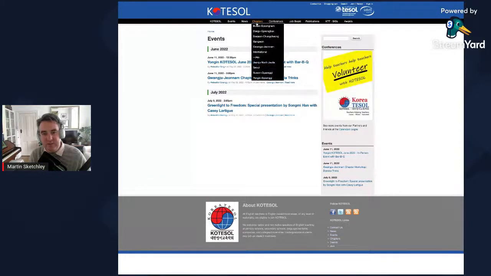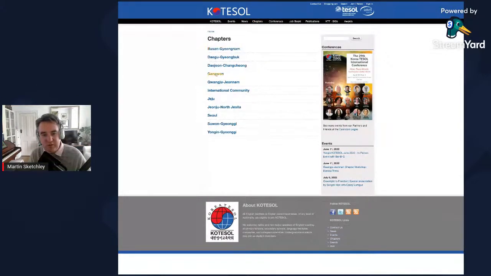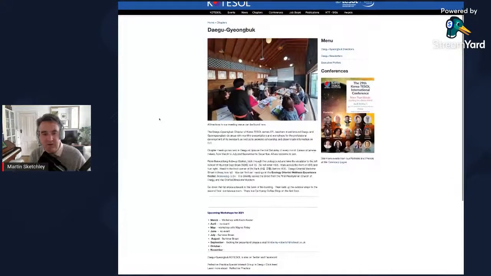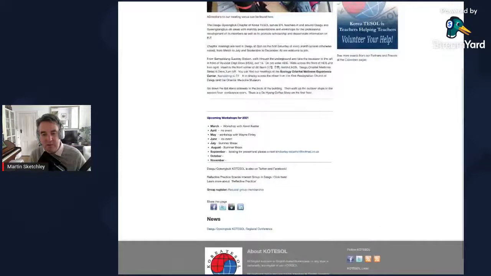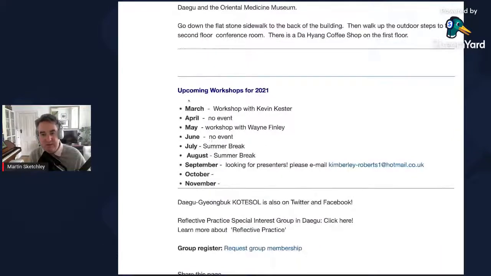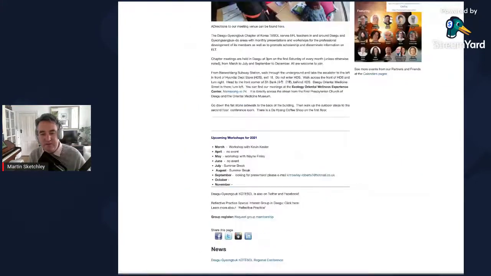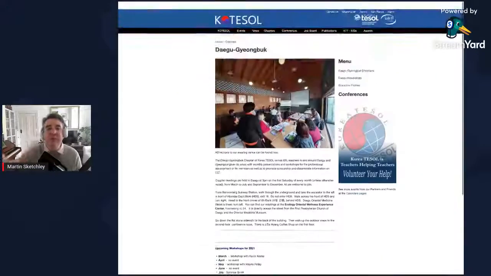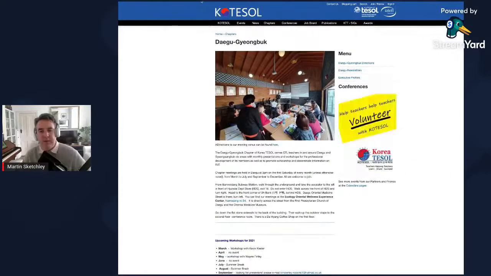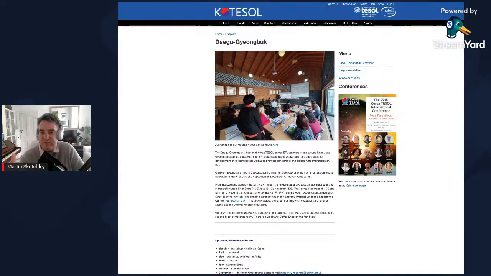And then there's certain chapters. Chapters are those within certain regions within Korea. So you've got the Daegu Gyeongbok chapter, and they hold different events, English language teaching events. They hold workshops. Here are workshops for 2021, but you can see each month there are a range of different events being organized. So if you're in a particular region, then have a think about joining KOTESOL,